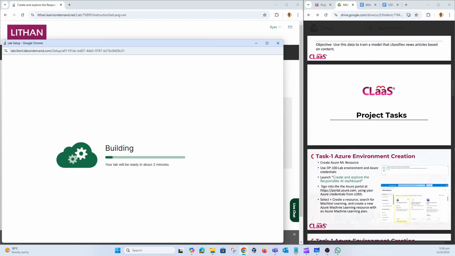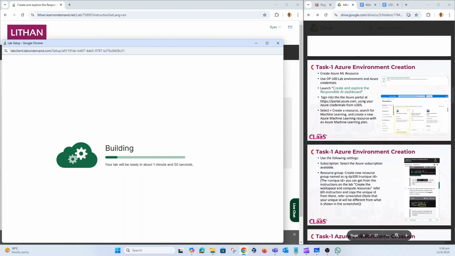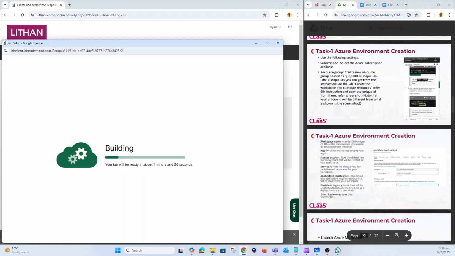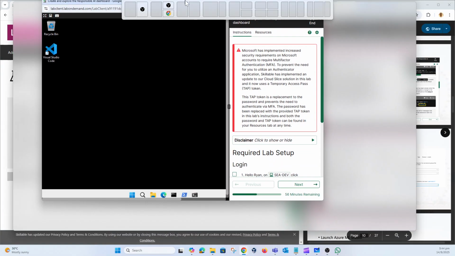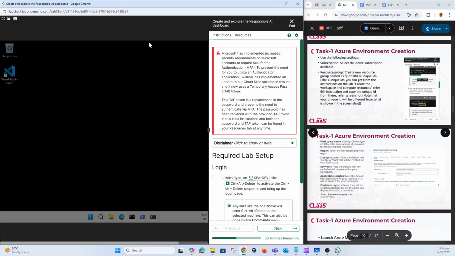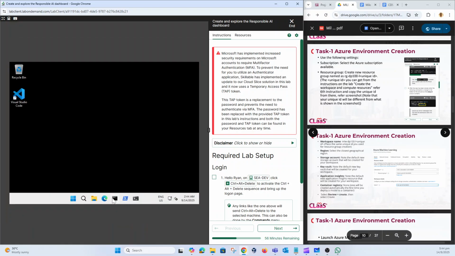Okay, so what is important is to create the resources with the correct names, the resource group name and the machine learning workspace name, and we're going to follow this. Just wait for a while until the virtual machine is ready. Okay, everyone, so we have the virtual machine ready and we quickly log on to the Azure portal to create